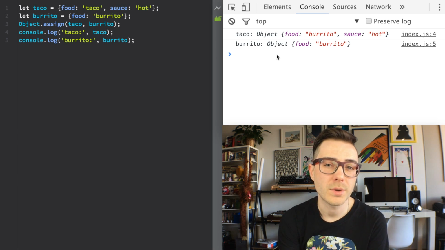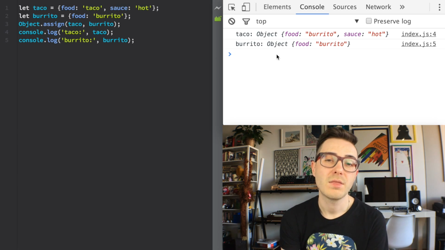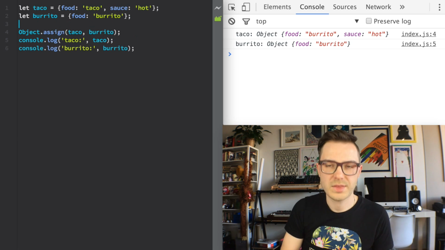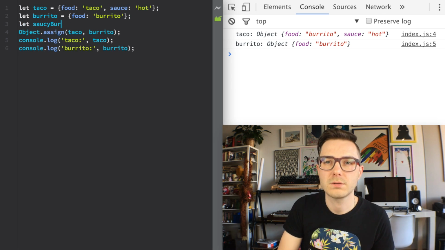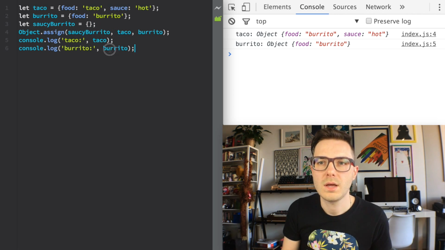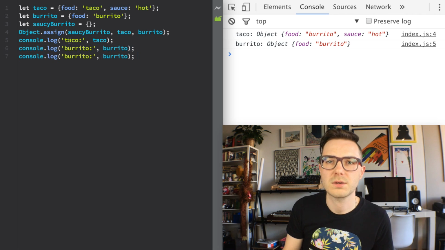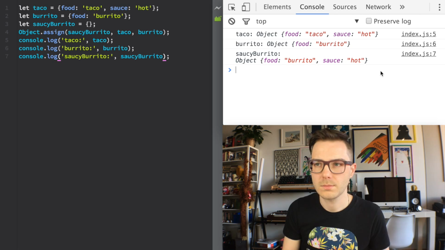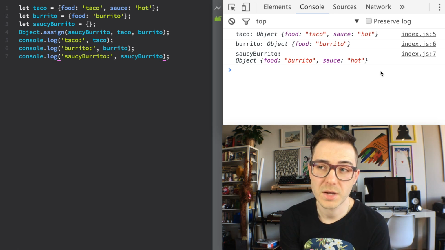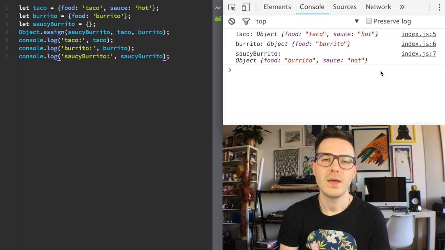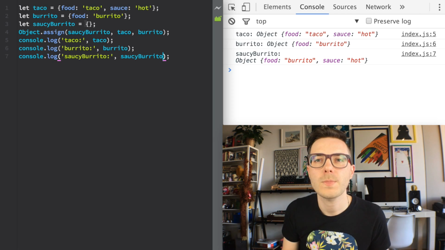What we really want to do is create an empty object that we can smash up with burrito and taco. So let's create that object, and we'll call it saucy burrito. Now if we pass saucy burrito in first, and then log all those guys out, you can see taco wasn't modified, burrito wasn't modified, and now we've got a burrito with hot sauce, exactly what we wanted. Or more succinctly,